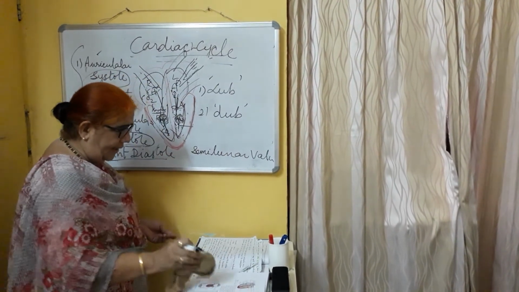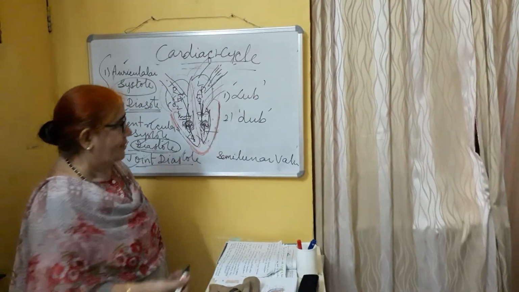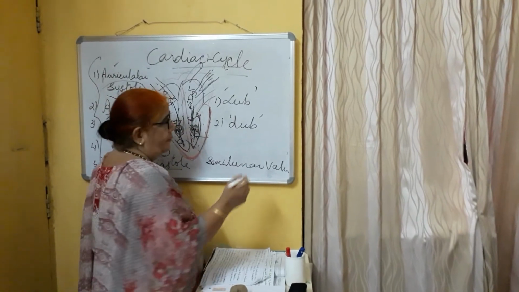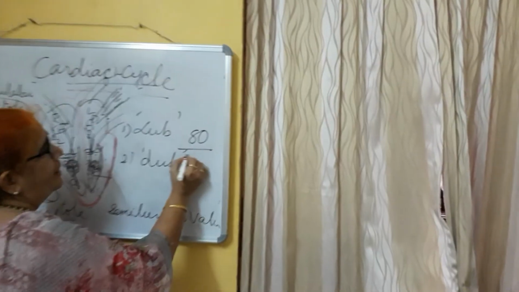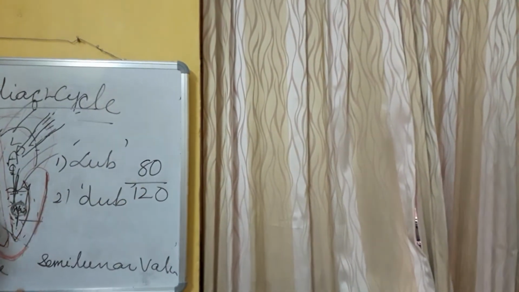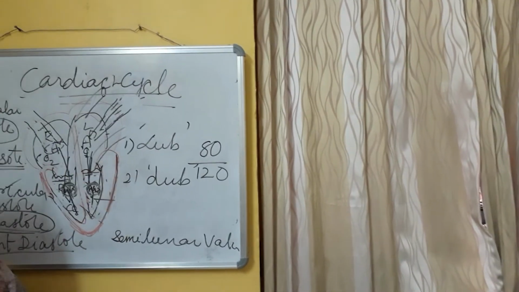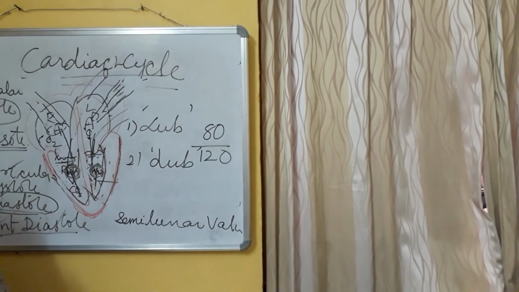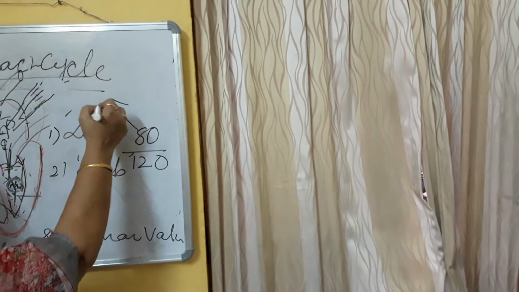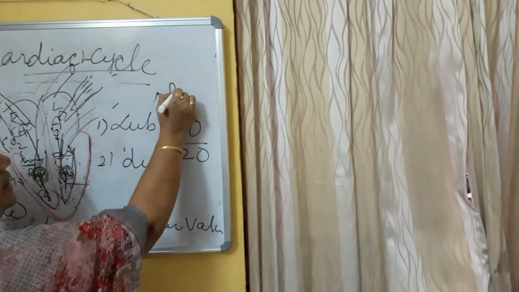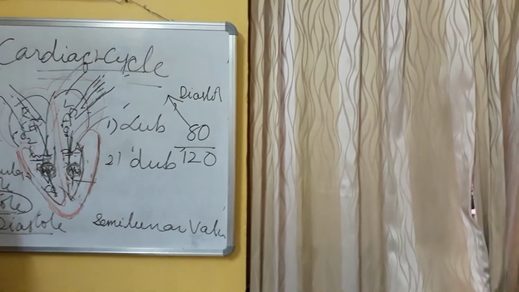Now one more small point I wanted to tell here. People go to the hospital and check their blood pressure. Usually, what will the doctors write? The correct blood pressure will be 120 by 80. Pressure means when the heart is pumping blood. Receiving blood, pumping blood, then pressure will be there. Naturally less pressure will be there in the diastolic, relaxing condition. In diastolic condition, the pressure will be 80.